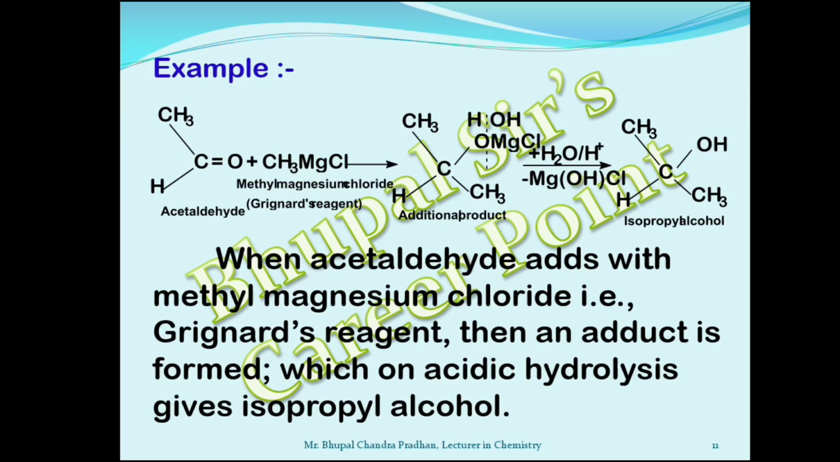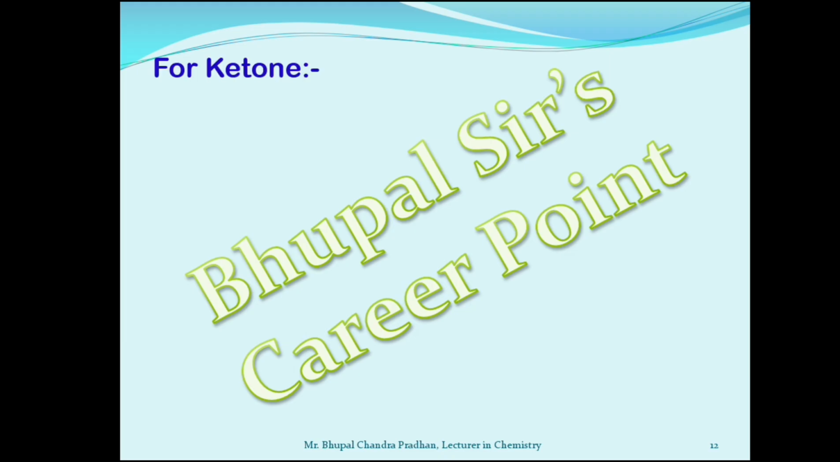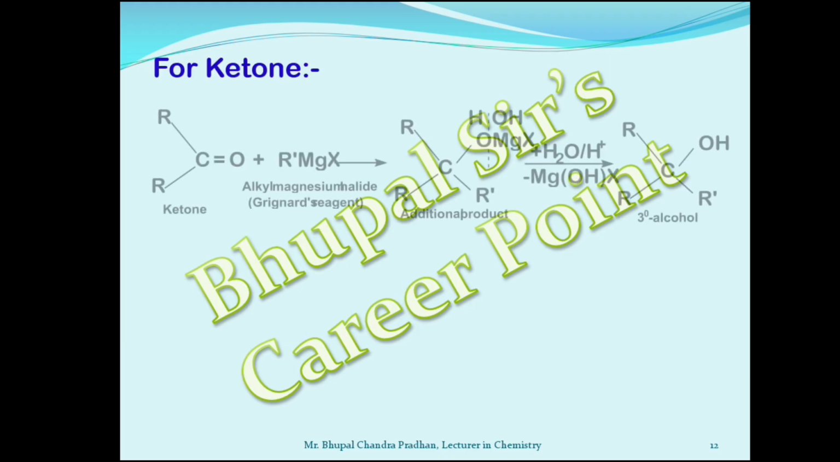So when acetaldehyde reacts with methyl magnesium chloride, that is Grignard's reagent, then an adduct is formed, which on acidic hydrolysis gives isopropyl alcohol or propan-2-ol. For ketone, what happens when ketone reacts with Grignard's reagent? Here also an adduct is formed, which on acidic hydrolysis gives an alcohol, but here the alcohol formed,